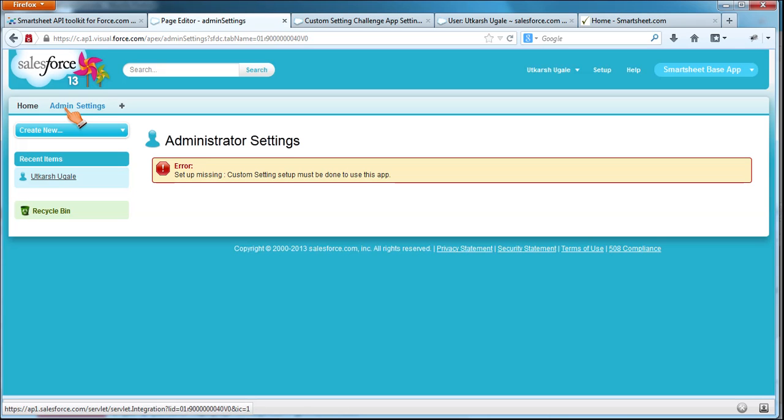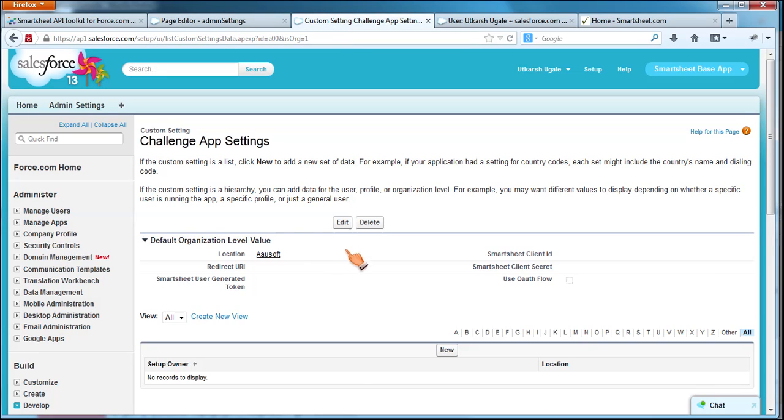Okay, this is the part of the configuration setup. I have kept the error purposefully to show you how to set custom settings to run this application. So you know that we need client secret, client ID and redirect URI to make calls to smartsheet.com endpoint URLs. So we are going to store these values into the custom settings first, and then we are ready to run